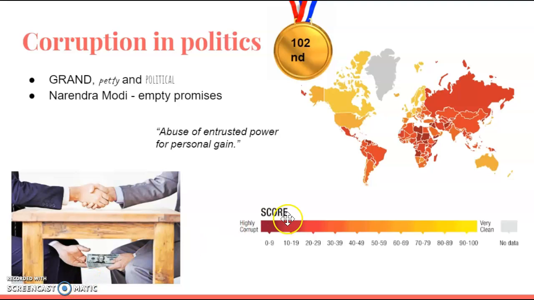According to the global coalition Transparency International, India is the 102nd most corrupt country out of the 180 countries they have examined. That means that they are way more corrupt than most Western countries, but quite uncorrupt compared to many third world countries. This is also visible on the map here, where the yellow countries are the least corrupt and the red are the most corrupt.